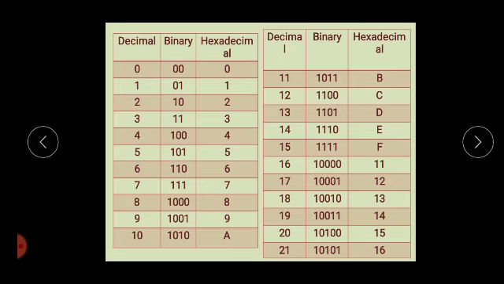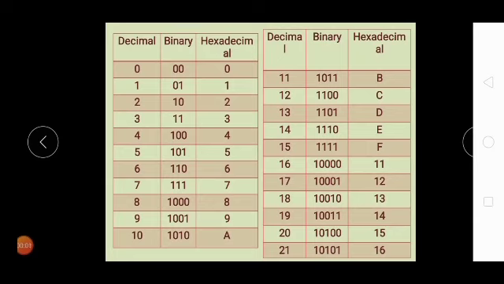Then after that, 8 is represented by 1000, 9 is represented by 1001. This process continues. So like this we write the numbers in the binary number system. After 10 we start writing with 11, that is 1100, 1101, 1110, 1111. So like that we write the numbers in the binary number system.